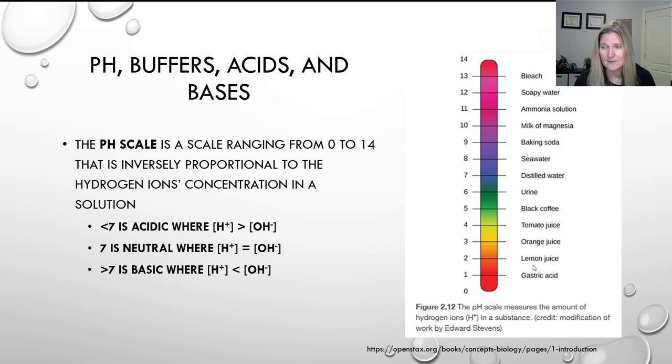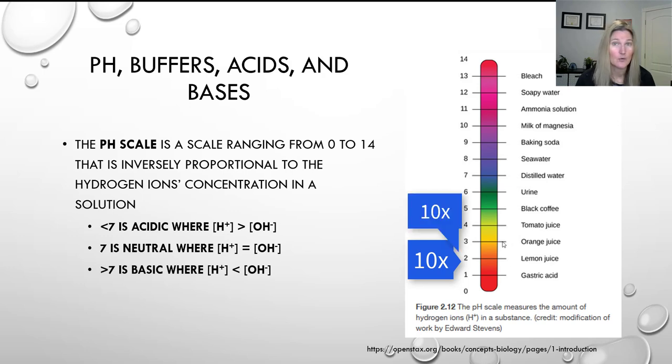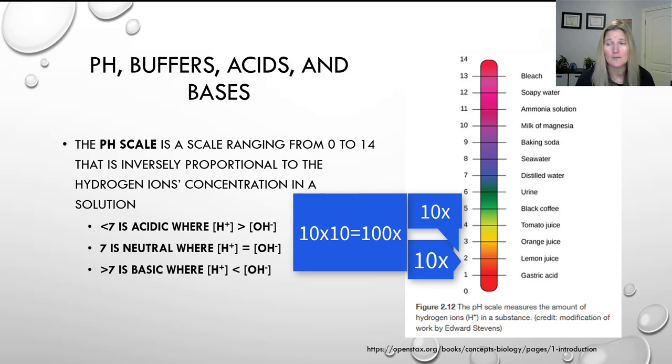Now, if we're comparing, say, gastric acid to orange juice, we're moving twice on our scale. Each time we move, it's a factor of 10. So gastric acid has 10 times 10, or 100 times more hydrogen ions than orange juice. Every time you move up the scale, you're moving up by a factor of 10. Gastric acid has 10 times more hydrogen ions than lemon juice, but 100 times